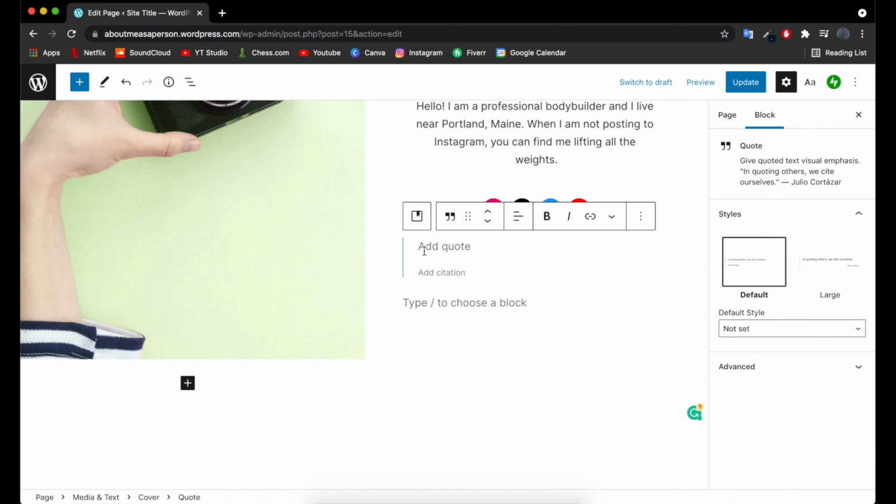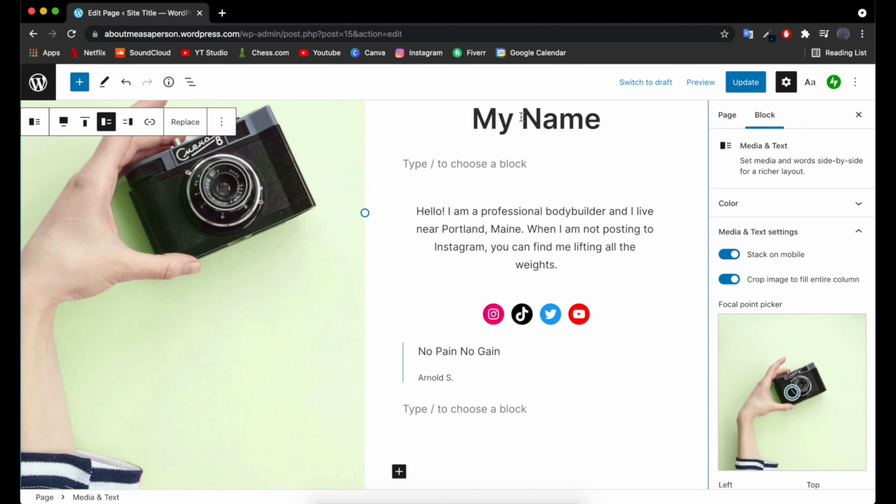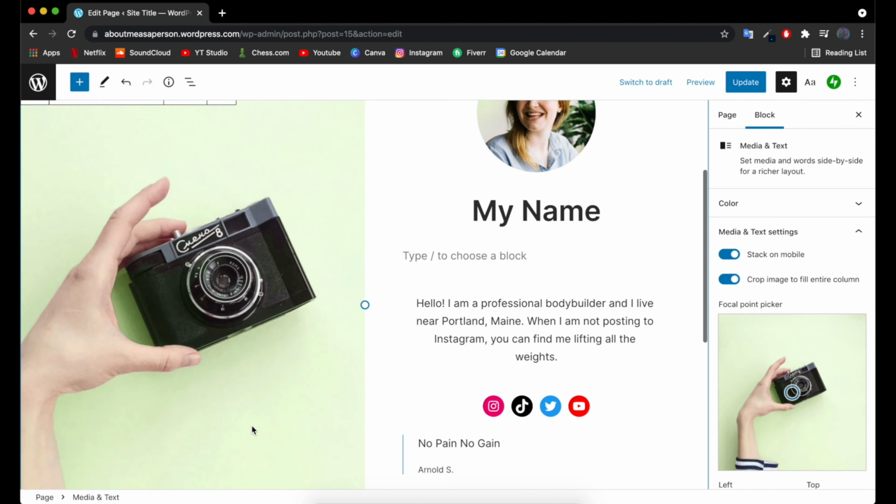And now we can actually type in the quote that we want to add. So let's say, no pain, no gain. Fantastic. And we can also give it a citation. Let's say that this is Arnold's quote. So Arnold Schwarzenegger, I'll just say Arnold S. Cool. So now we've also added a quote to our home page. If we scroll down, we'll see that this is all we have on our page, and I think that looks